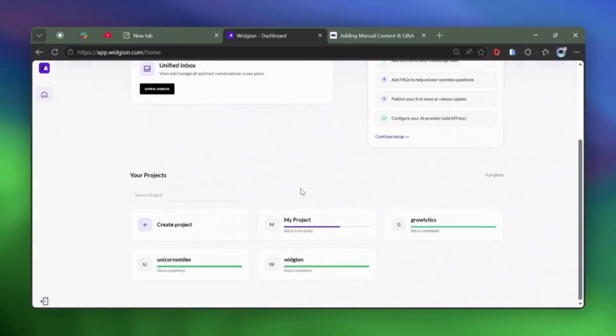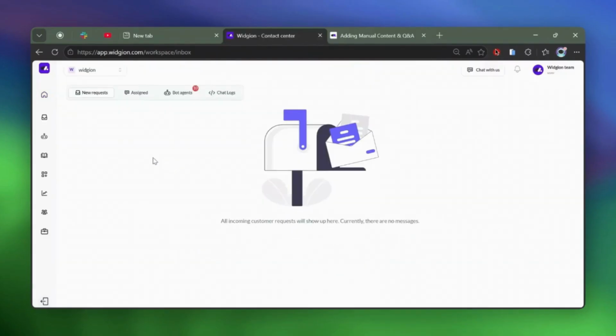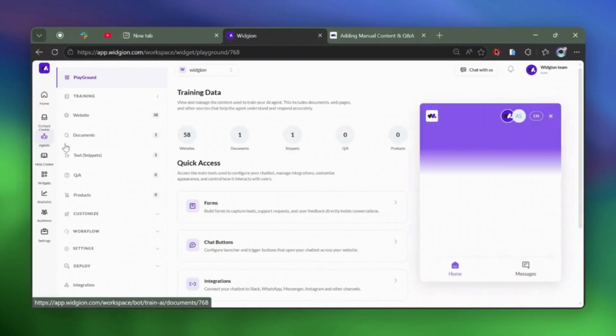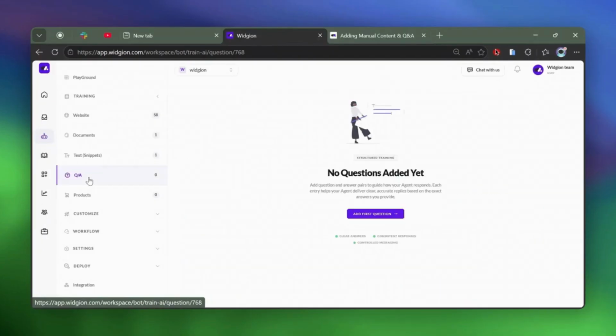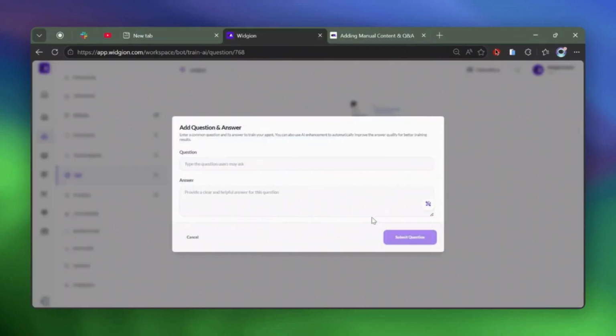select your project, you navigate to the agent section, you click on Q&A under training, you click on add first question, and then it asks you the questions you want to type. To add your answer,